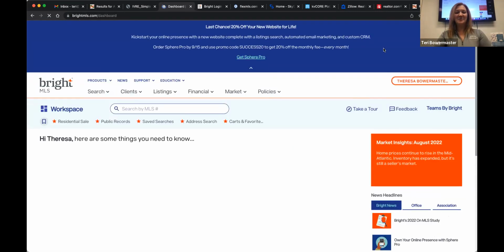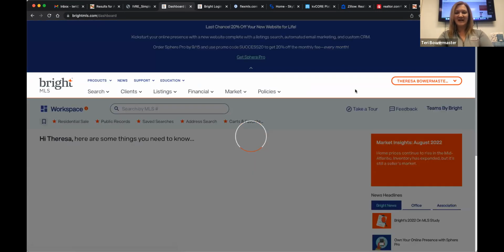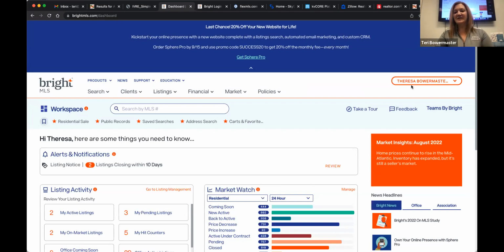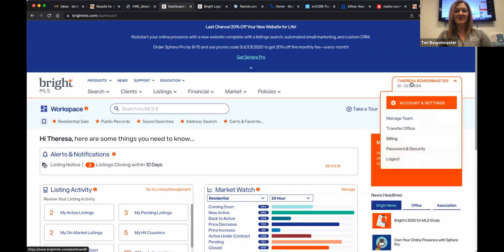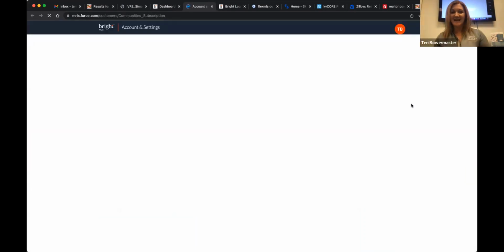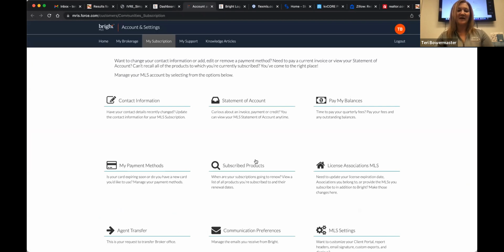All right, guys, in your Bright MLS, you're going to be on your home dashboard. Whenever you guys are here, you're going to hover over your name and you're going to get your drop-down menu. From here, you're going to want to go into your account and settings. This is where you can maneuver through different sites, such as transferring offices, listings. Please don't ever use those because we hope that you will all stay and never leave us. But this is your back end where you guys can go in and set up payments and all of that